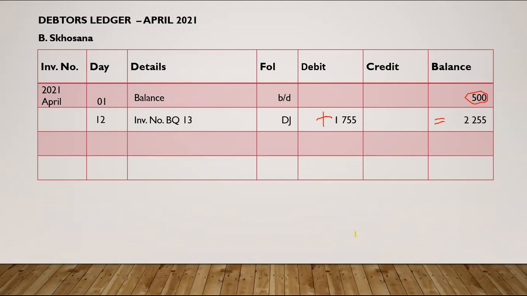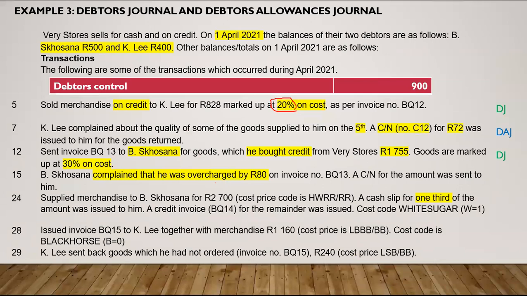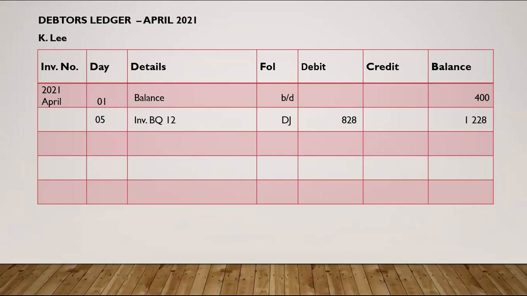Now that I'm doing this, I just realized that we actually forgot to record the return of goods by Kylie. The return of goods by Kylie, this one here on the 7th, okay? We didn't post it to Kylie's account. When Kylie returned these goods, we need to reduce her account, or his account as a matter of fact, by that 72 rand. Now I'm going to go to Kylie's debtors ledger account and reduce it by that 72 rand. I'll have the 7th. Under details, you write the source document, which is credit note C12. And folio will be debtors allowances journal